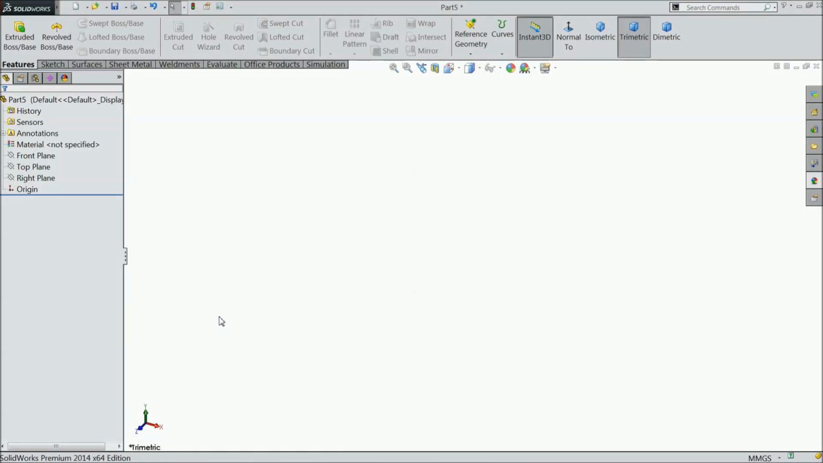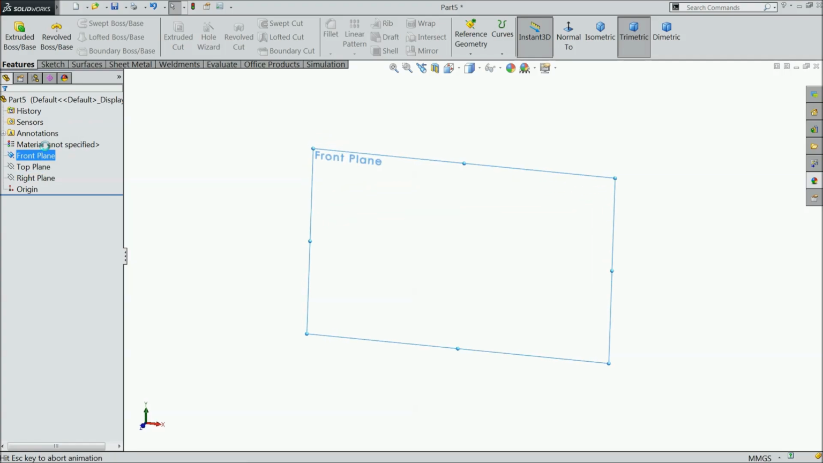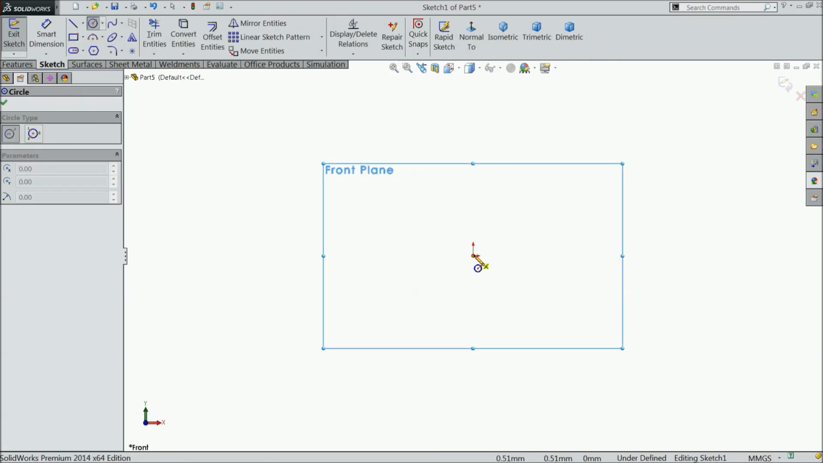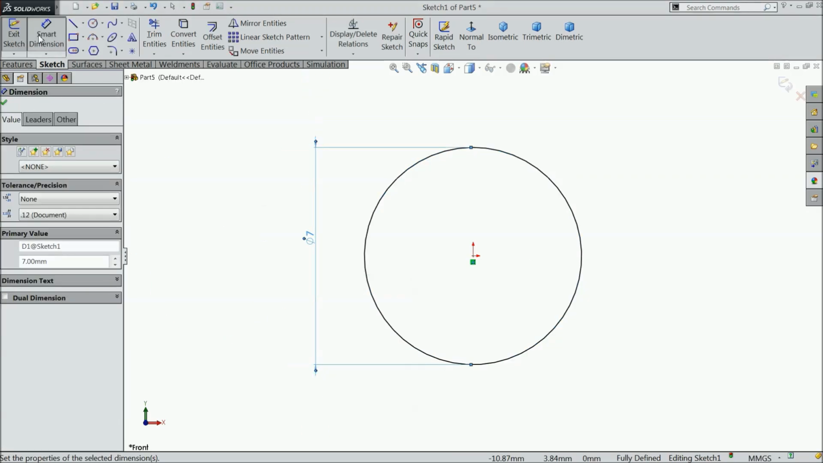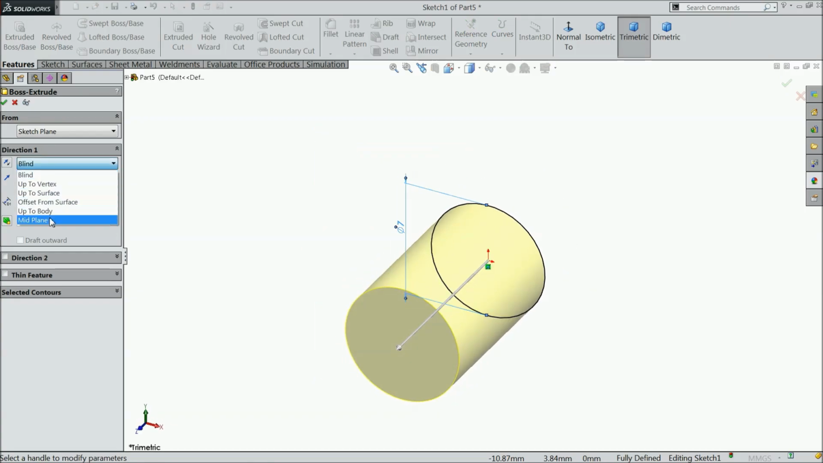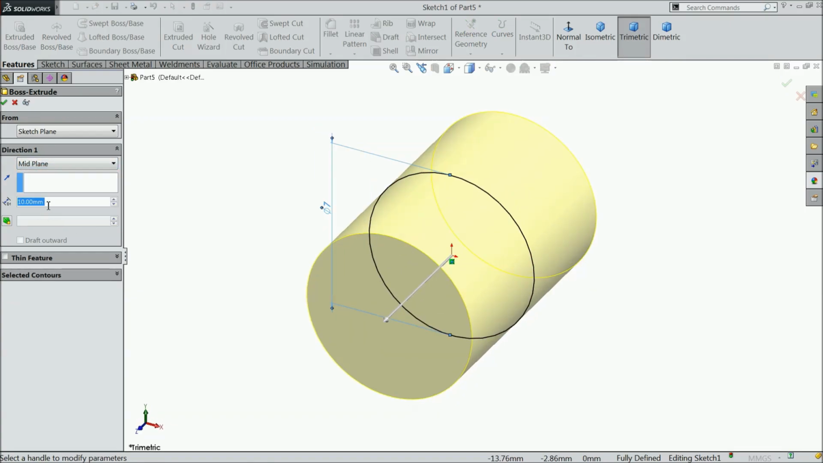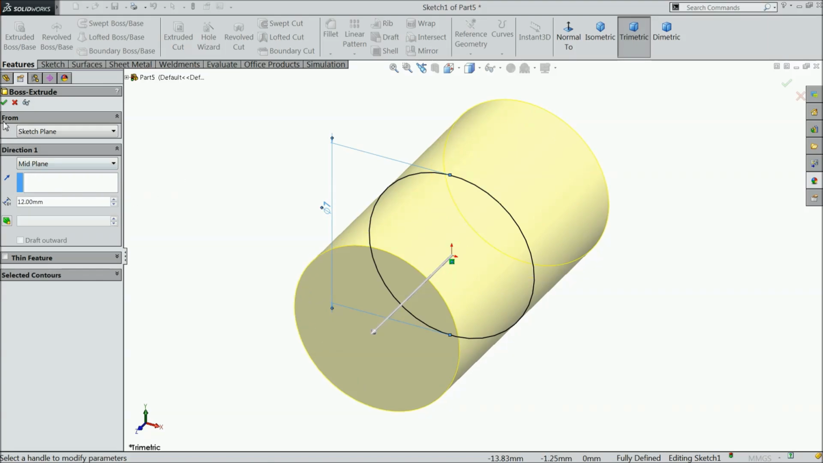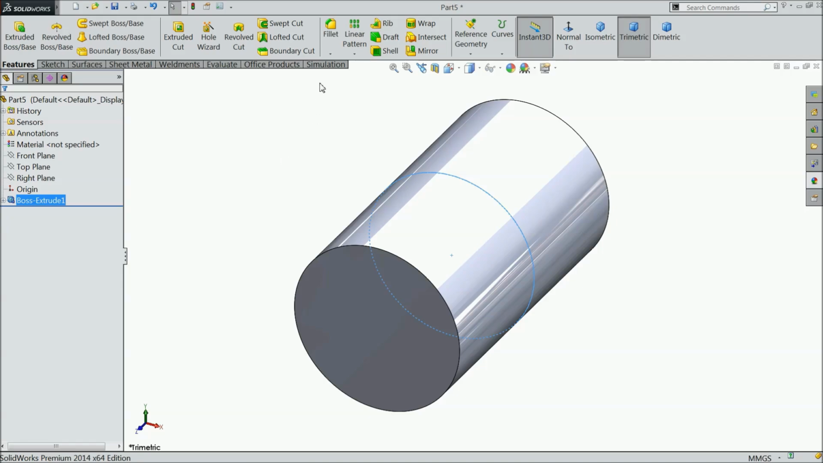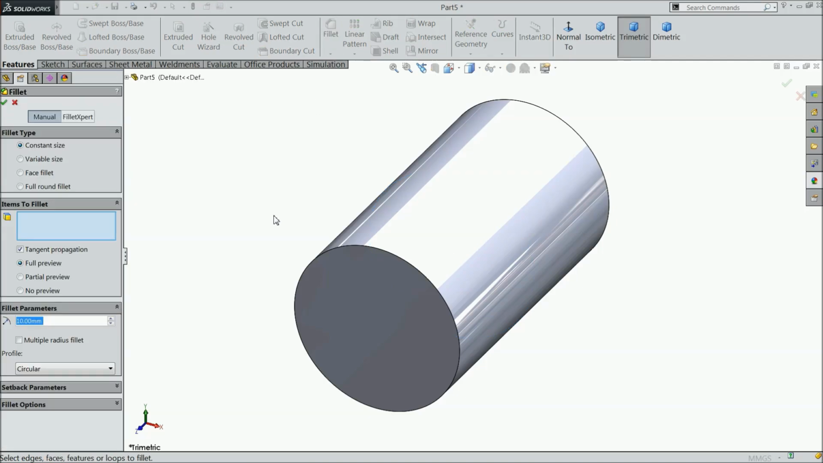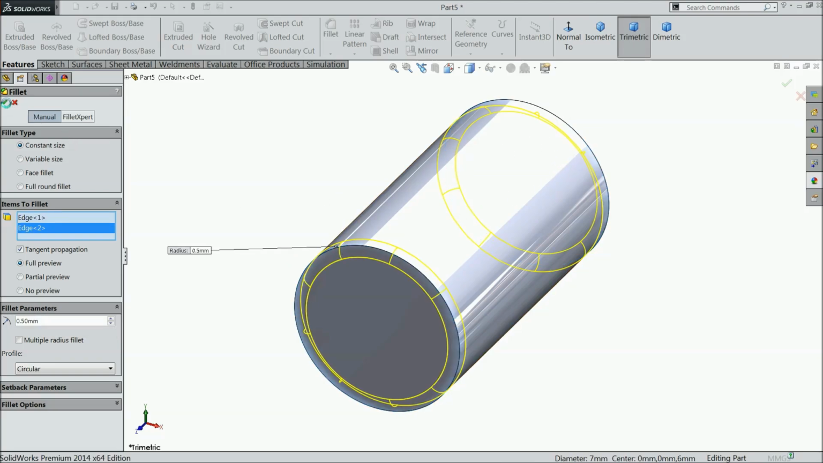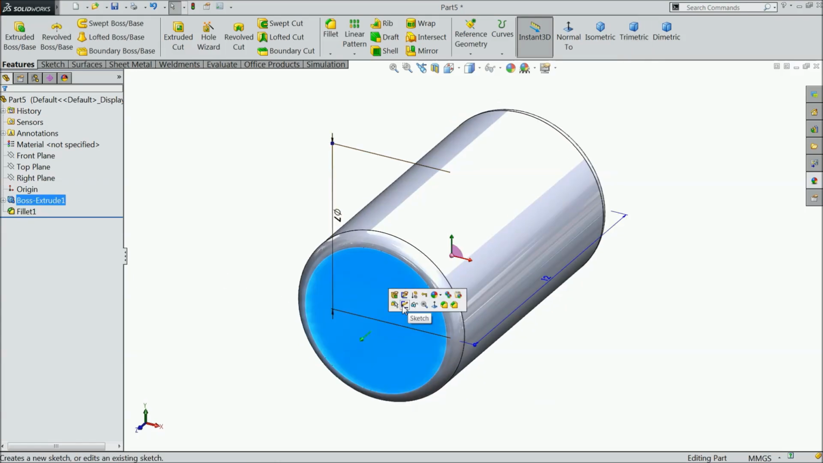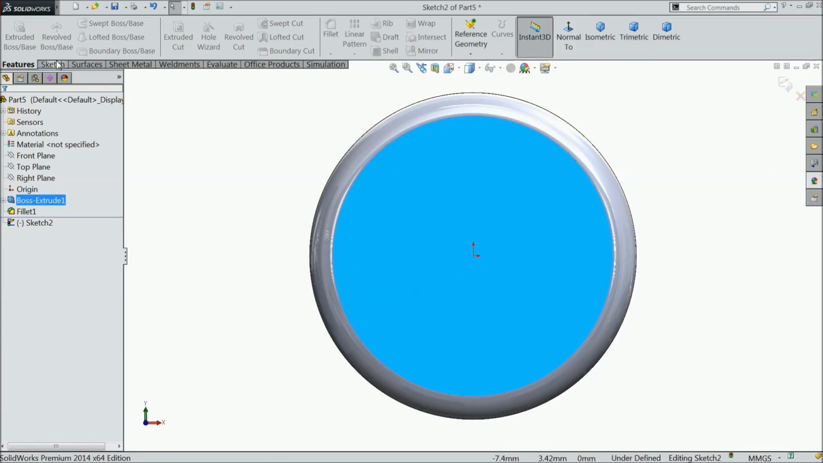Now here we will do the last part of roller bearing rollers. Choose here front plane, sketch, and draw a circle with 7 mm diameter. Okay. Now extrude this circle, keep here condition mid plane, and let's make 12 mm long. Okay, choose here fillet, select both the ends 0.5 mm, select this face, sketch normal,